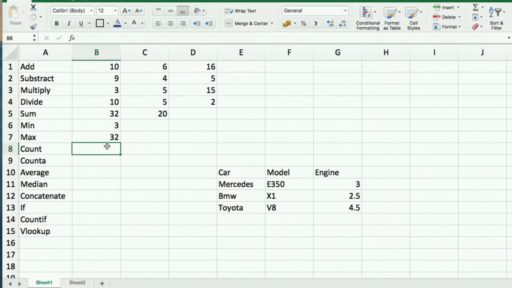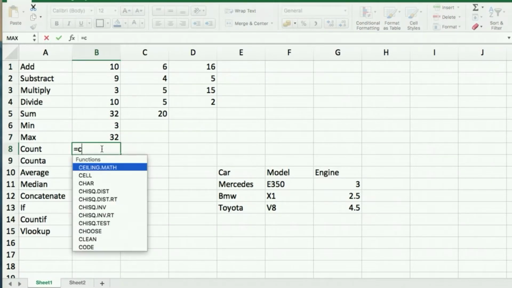So let's say we want to count, and you have to understand the difference between the sum function and the count function. Sum will sum the values of the cells, and count will count the numerical cells occupied. It's important to know that. So if we want to count how many cells we have in this range, we can just use the count function